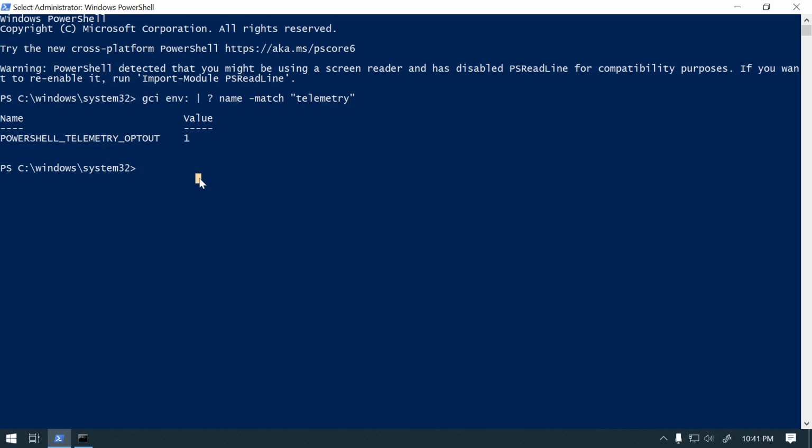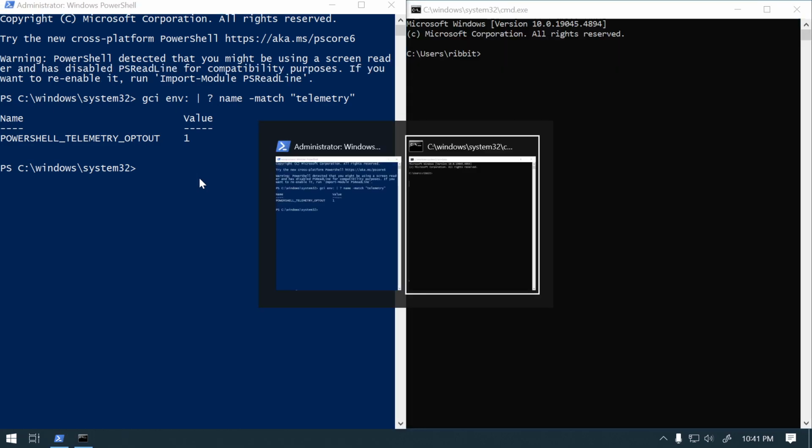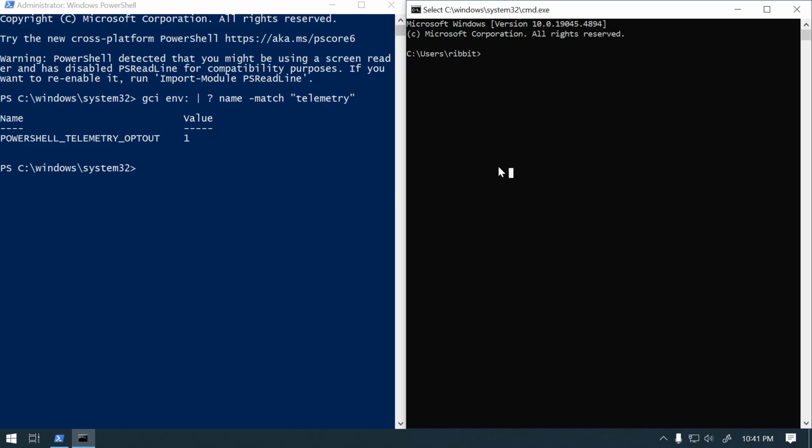I'll open up a CMD window real quick. And then from here, you can set this. So if I say set DOTNET_CLI_TELEMETRY_OPTOUT, and here it's equal 1. So if I do this, make sure I spelled that right, DOTNET_CLI_TELEMETRY_OPTOUT=1, and then now